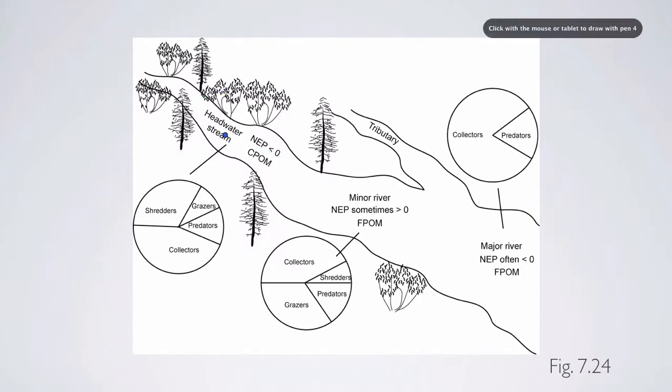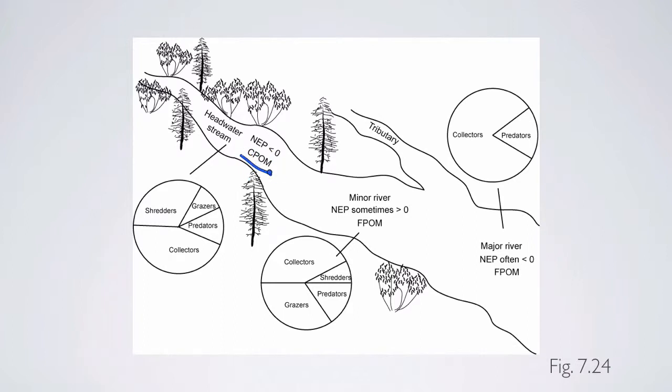So if you were to measure the carbon concentration, for example, in the water here versus here, you'd have more carbon in the initial portion of the reach than at the end of the reach. So we have a relatively low NEP, often negative, and net release of carbon. And then also most of the organic matter that enters is relatively coarse. So coarse particulate organic matter, which would be leaves or pieces of wood, for example, is often abbreviated as CPOM,